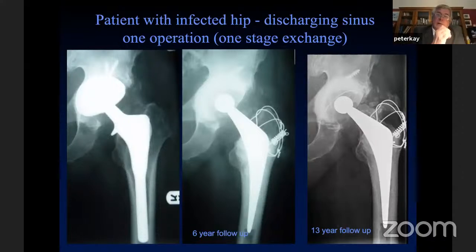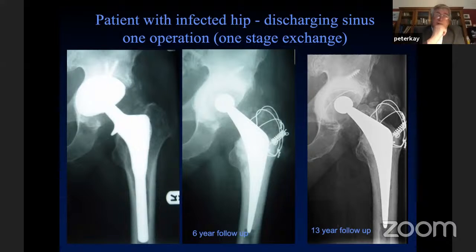So, I mean, many cases from Wrightington over many years. There's some 20 years down the line from the infected fracture. And even though, obviously, in this case, I didn't actually manage to remove the screw here, so there must have been probably some residual tissue, there was one broken screw left. I've seen the guy more recently, more than 20 years down the line now, he's still infection free. So it really does work.